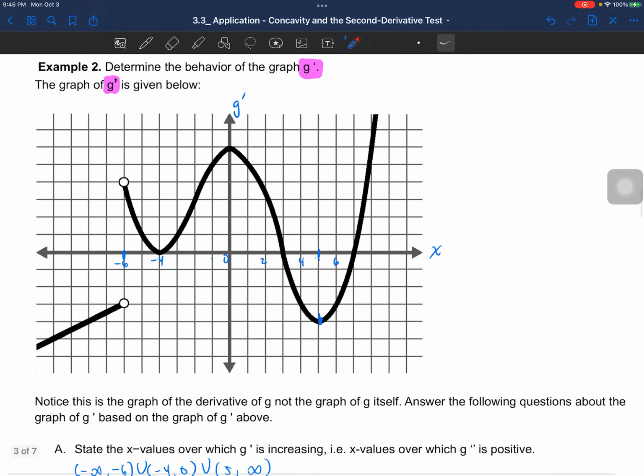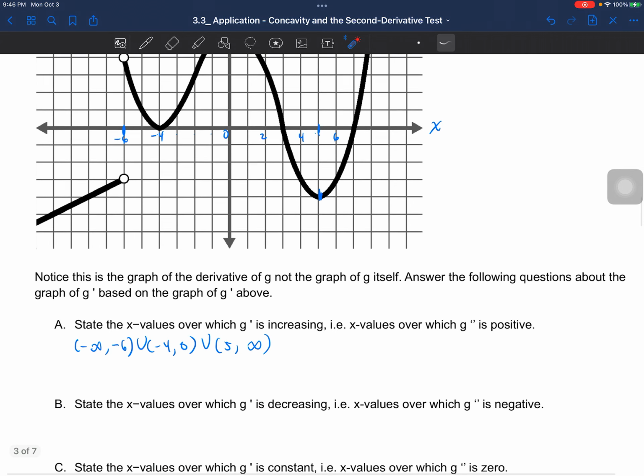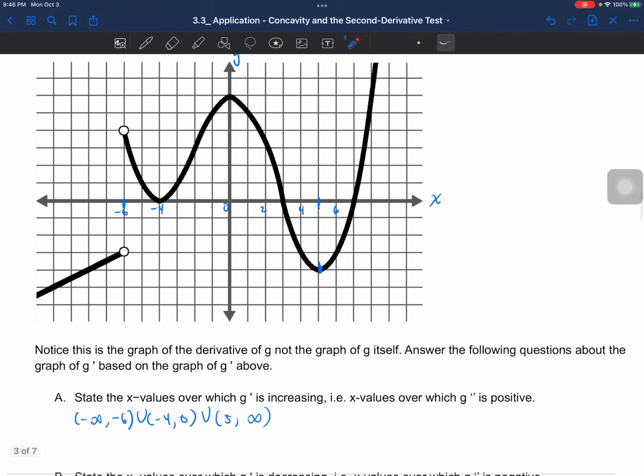Now what about where g prime is decreasing? Again, since they're giving us g prime in this case, we need to go ahead and find where it's decreasing, but it's the same argument as before. We know it's decreasing from here to here. So that means that it's from negative 6 to negative 4, and then from 0 all the way to 5. So those are the two intervals where the function